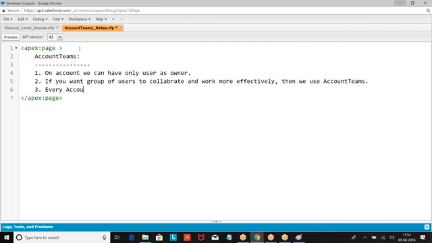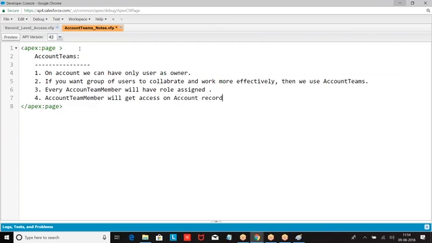Every account team member has a role. An account team member gets access on that account and the corresponding child contacts, opportunities and cases.